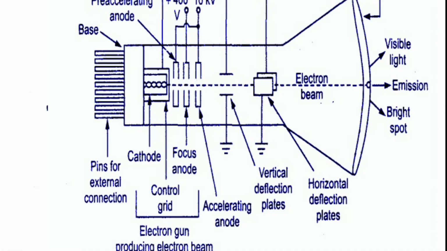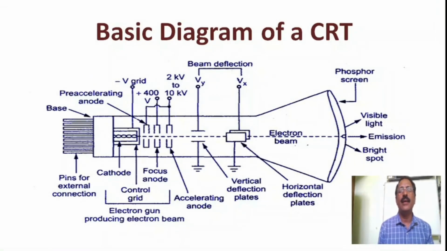Okay, see the diagram. The electron beam is generated by the electron gun. It is called an electron gun because it fires electrons. The electron gun assembly consists of the indirectly heated cathode with its heater, the control grid, and three anodes. The control grid in the CRT is a nickel cylinder surrounded by the cathode. It controls the number of electrons passing through it with a small aperture in line with the cathode.